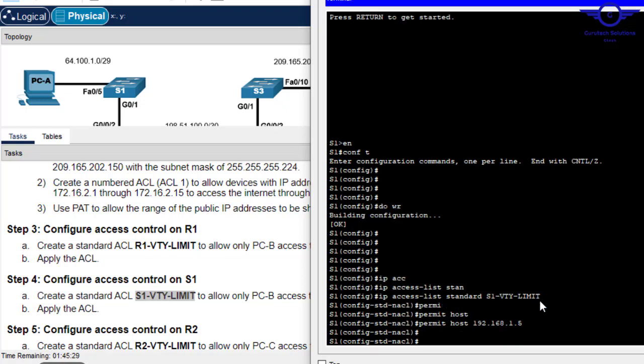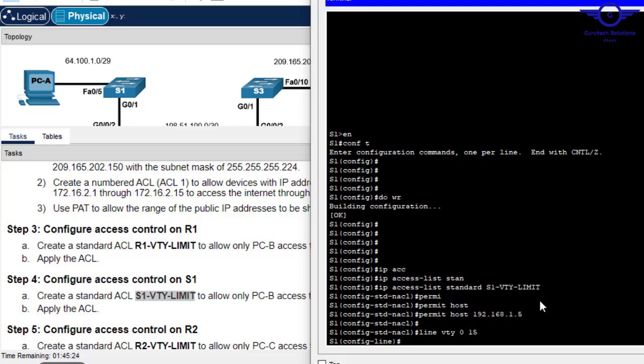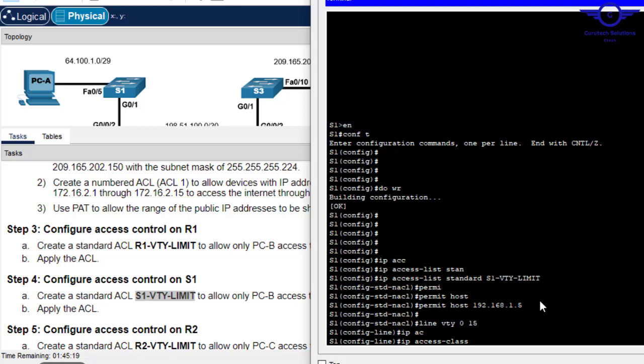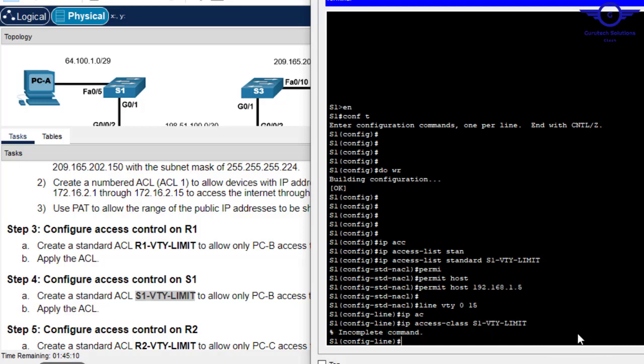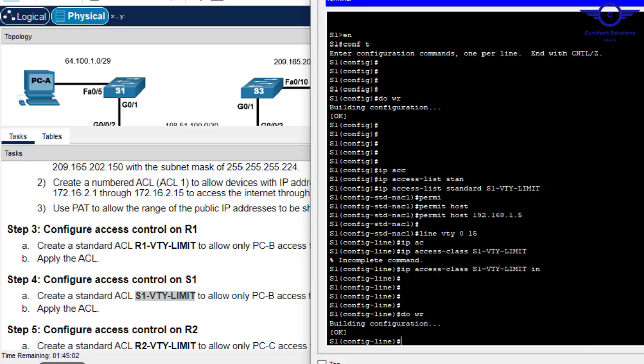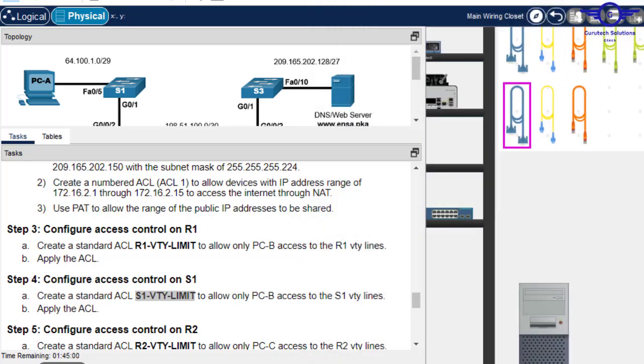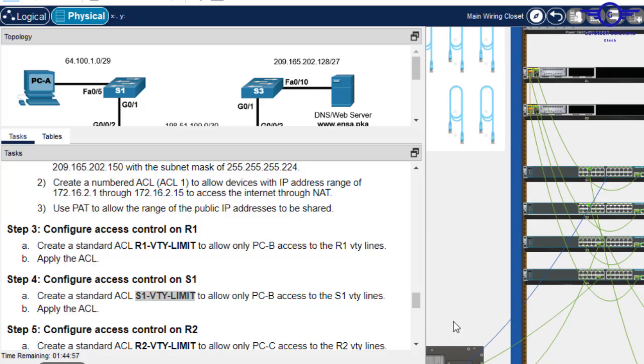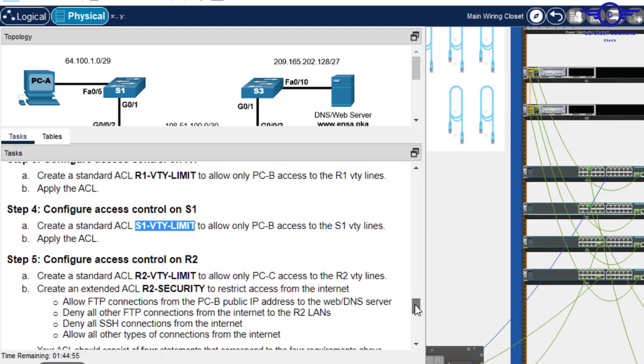Okay, then line VTY 0 to 15, IP access class, this one, in. Okay, good, do write. Okay, so what's remaining? Let me just go very fast. Also, step 5,